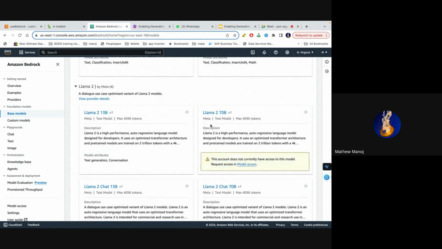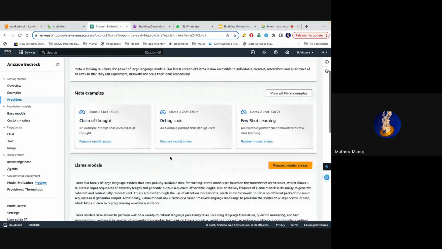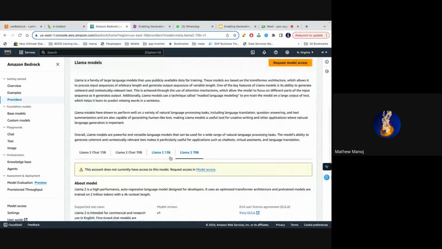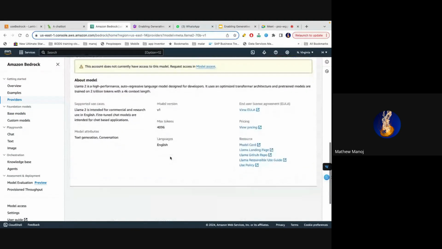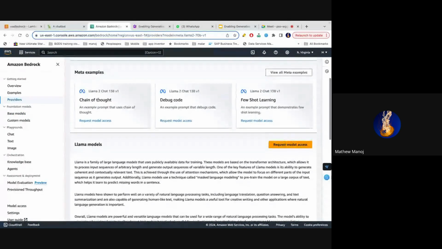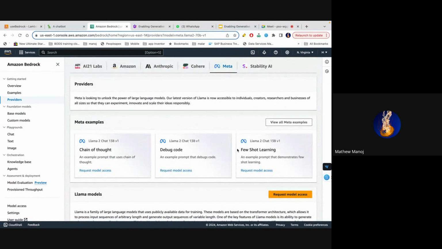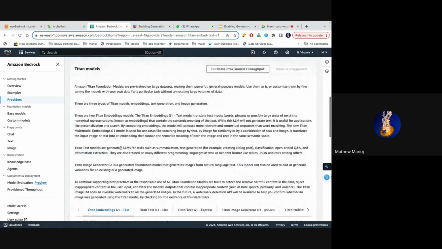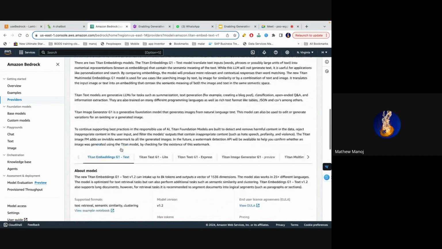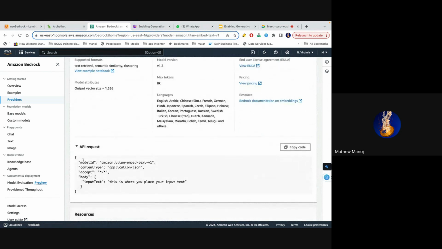If you want to use one of these models, suppose Llama 2 here, it will help you go through how to use these models and give you examples. But since I don't have the access now, I will show you how you can use the Amazon model. It will tell you what this model is about and how you can use it as an API request.